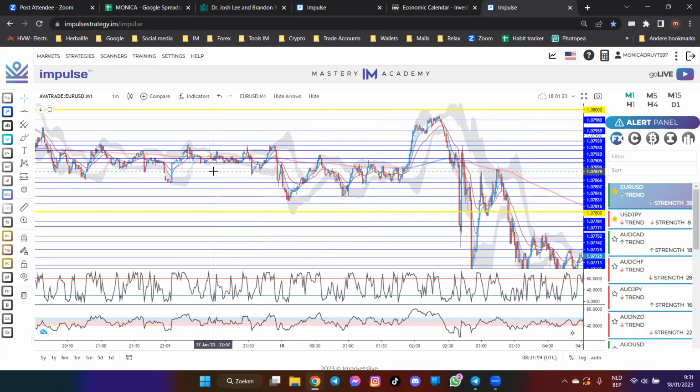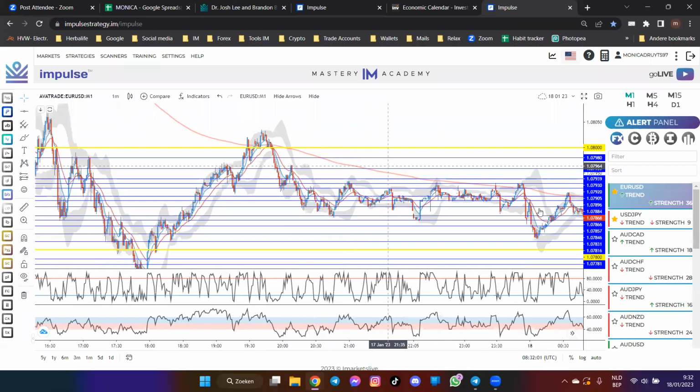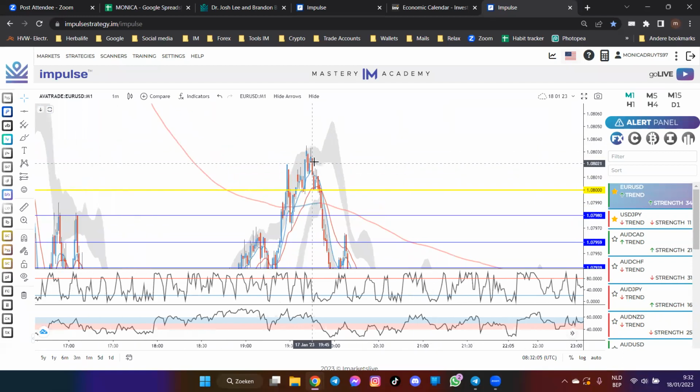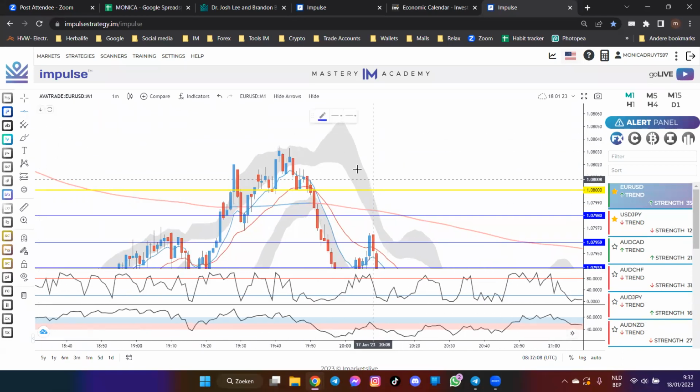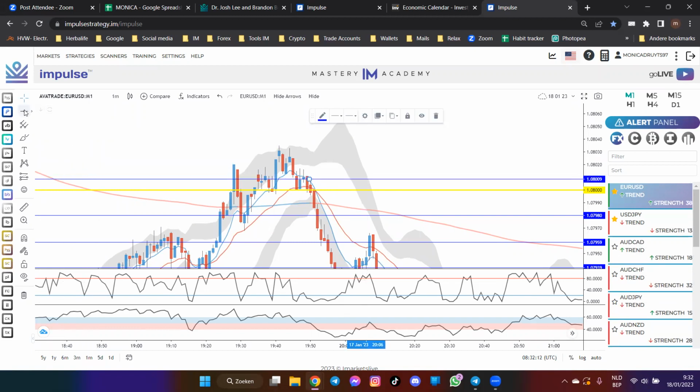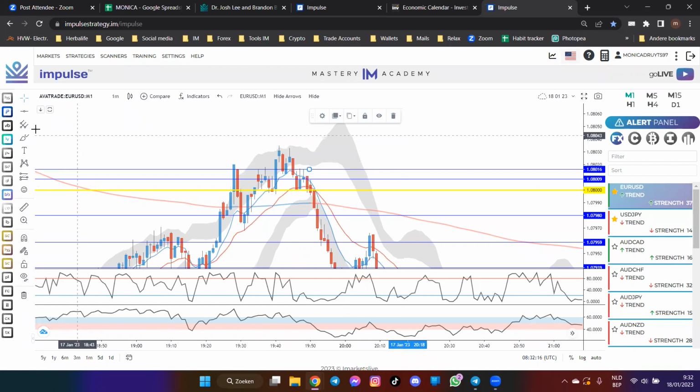And then I zoom out and I just see like, okay, where are no lines yet? And I go to that area and I just